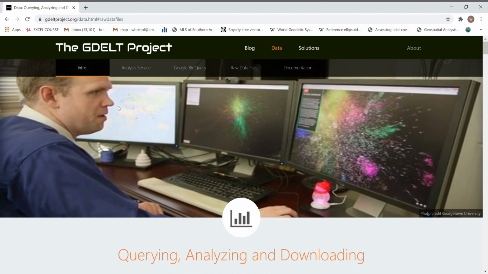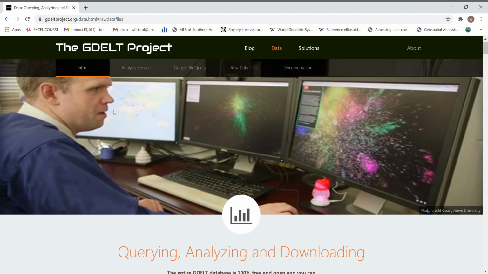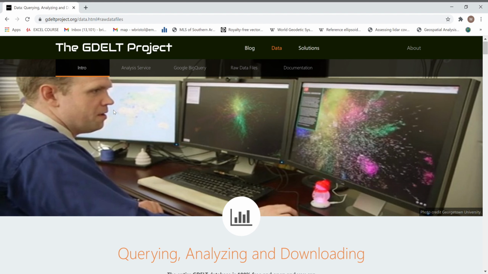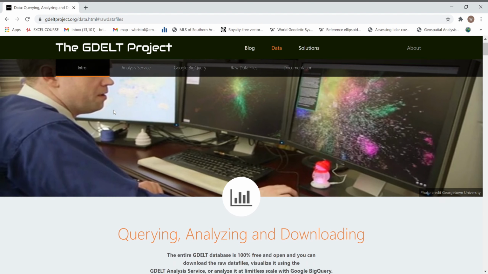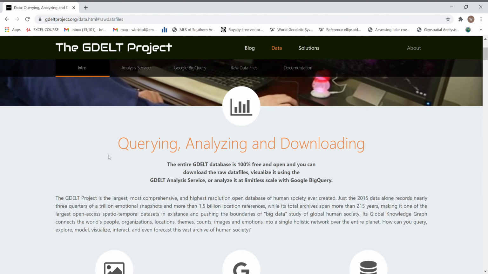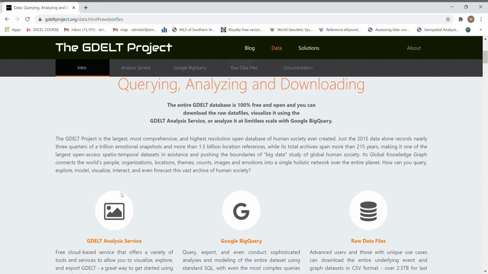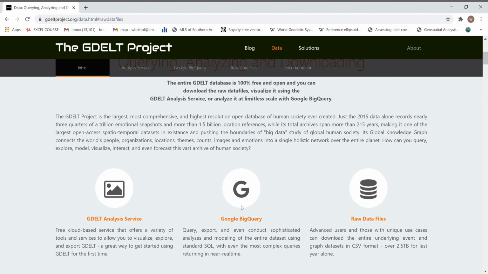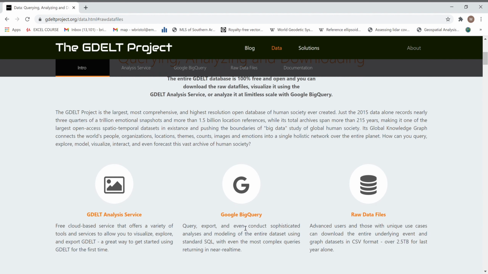The CAMEO language was originally engineered by the National Science Foundation as a way to track human interactions and mentions of other people from across the world. And since then, GDELT is still open source and free, but unfortunately it is now kind of a shameless plug and a way to try and get you to use Google BigQuery, which is a monetized